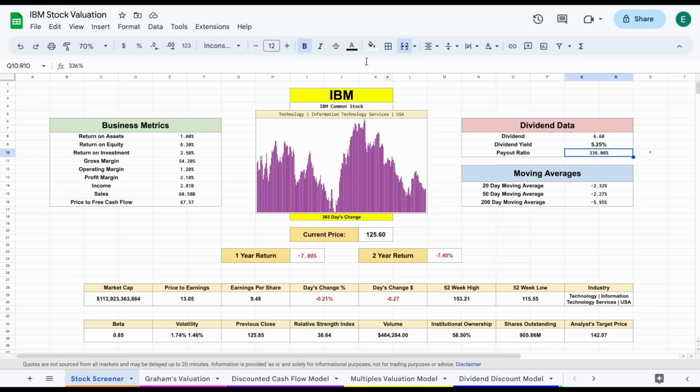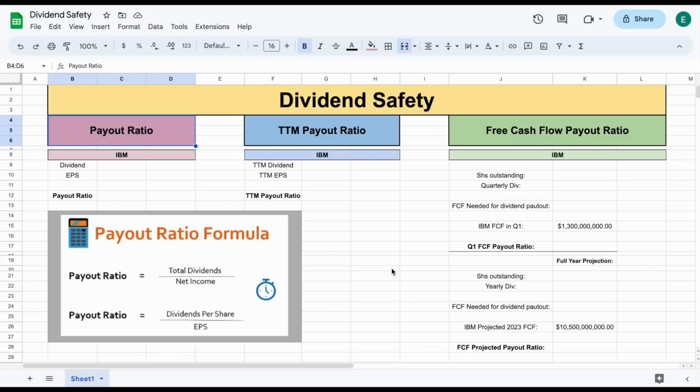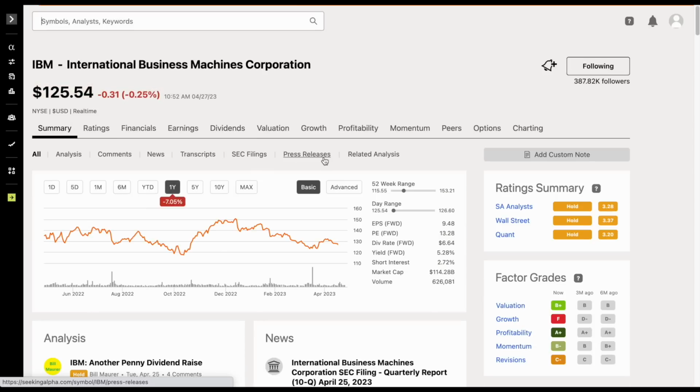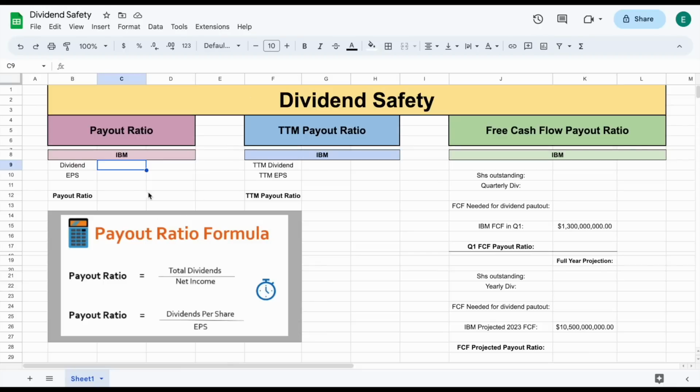Well, let's go ahead and analyze this in this other spreadsheet I just made. So the first thing we need is the dividend for IBM. So let's go ahead and jump over to Seeking Alpha. We're currently looking at IBM, and if we look at the summary tab here, we can see the dividends paid right here, 6.64. So we'll jump back over to our spreadsheet and we'll plug in 6.64,